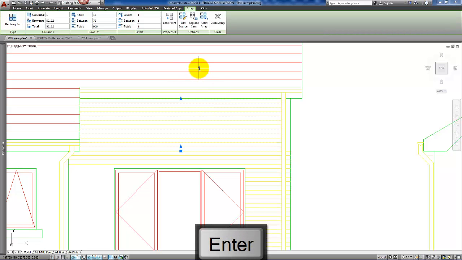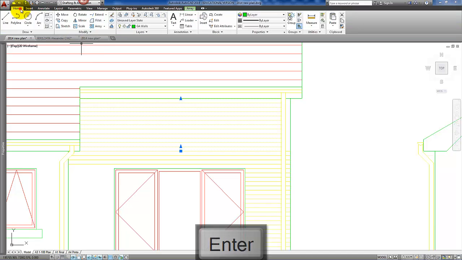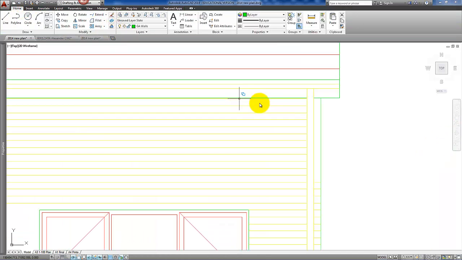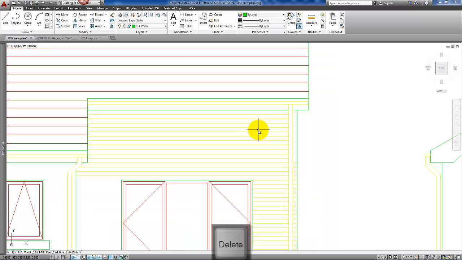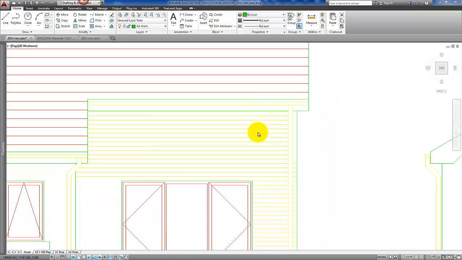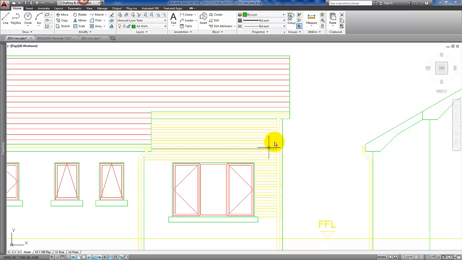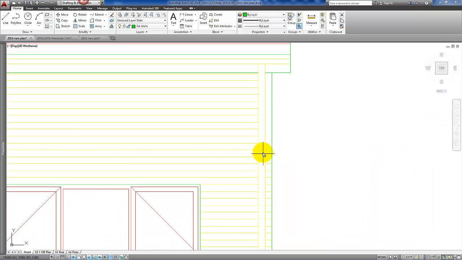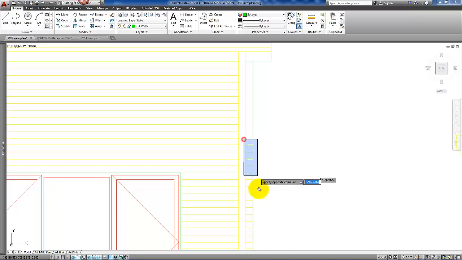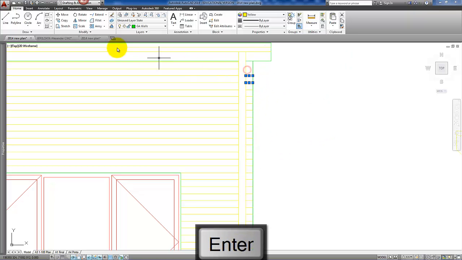Okay, so we can explode that if need be at the end and take out some of the lines if we don't need them, and we'll just leave that in. Again, in a space like this, what you might want to do is just copy some of those up. That can be just as easy, and then copy 2 more